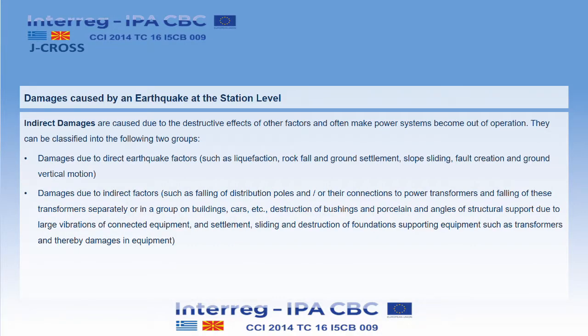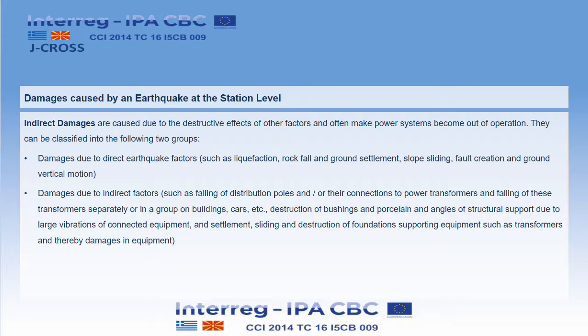Indirect damages are caused due to the destructive effects of other factors and often make power systems become out of operation. They can be classified into the following two groups. Damages due to direct earthquake factors, such as liquefaction, rock fall and ground settlement, slope sliding, fault creation and ground vertical motion. Damages due to indirect factors, such as falling of distribution poles and or their connections to power transformers